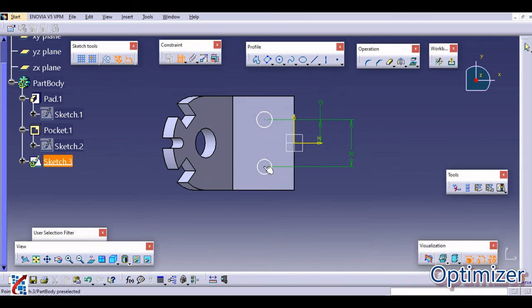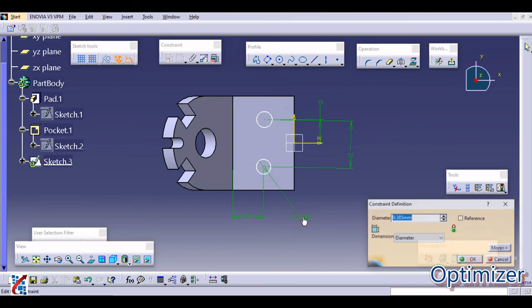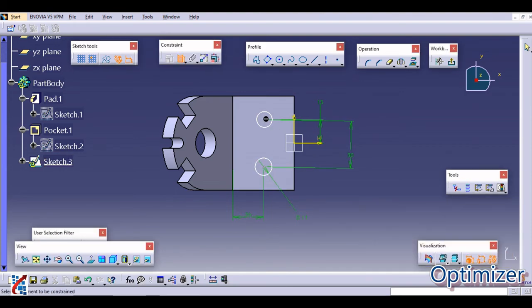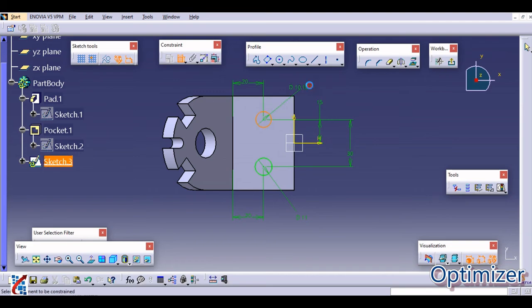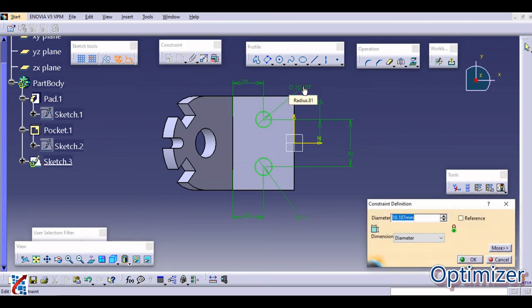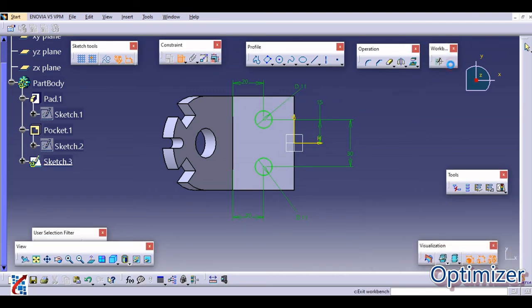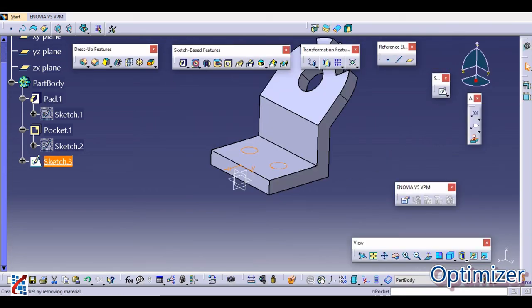And now last step is from this edge it is at 20 mm, and the radius is around 11. So these are the two holes we have drawn, and now you can pocket it up to next.